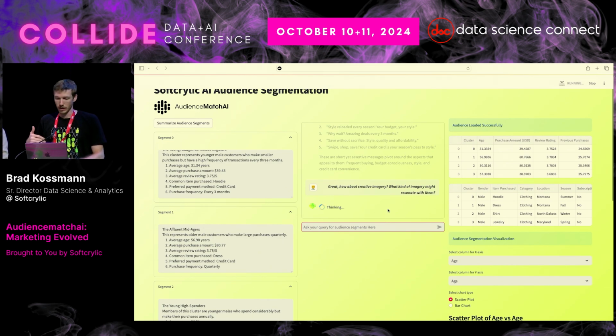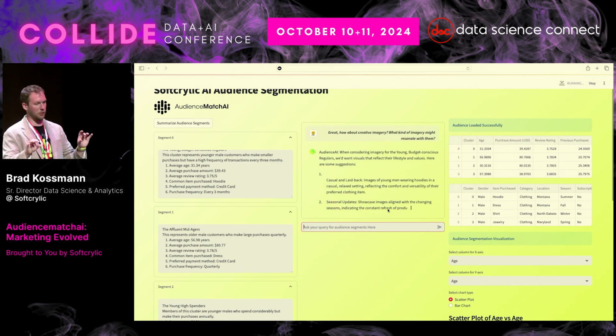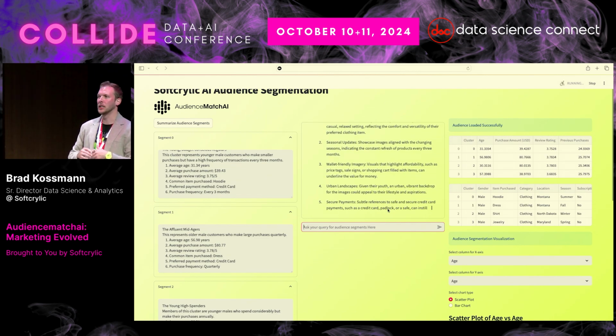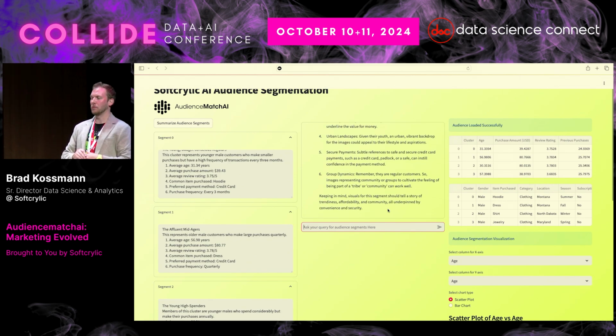So let's just see if Audience Match can tell us about some creative imagery that might resonate with this segment as well. I'm really excited at some point to start using these newer models that do reasoning chains and can explain their reasoning very clearly. It'll be interesting to build that in the near future as well. You can imagine seeing the thought process behind this and being able to either use that to validate what's coming out or say, no, I don't think that's quite right. Let's tweak the outputs a little bit.